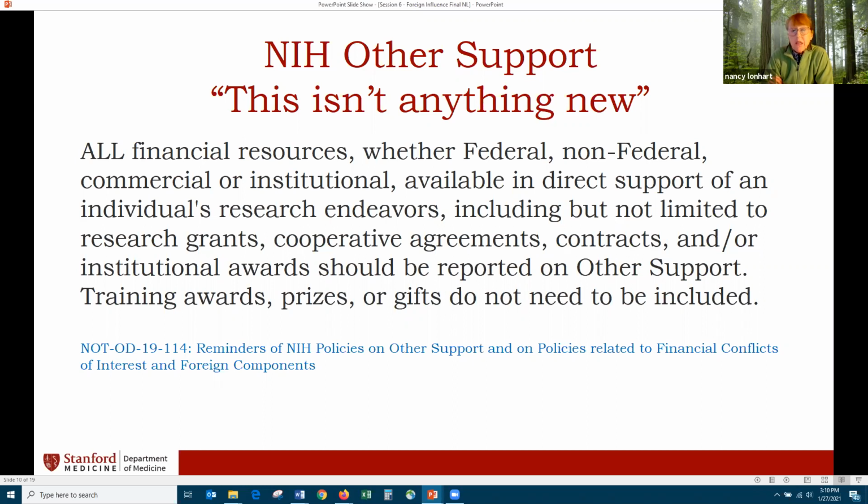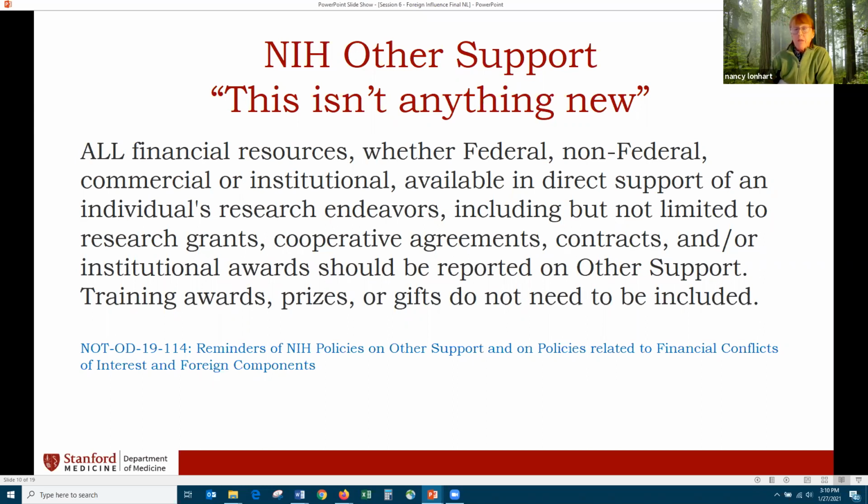All current projects and activities for senior and key personnel, including in-kind, as I've described. What is in-kind resource? That would be an office perhaps at a foreign institution, lab space, equipment, supplies, even staff. And this is a tricky one, even staff are considered as a foreign resource and need to be identified in